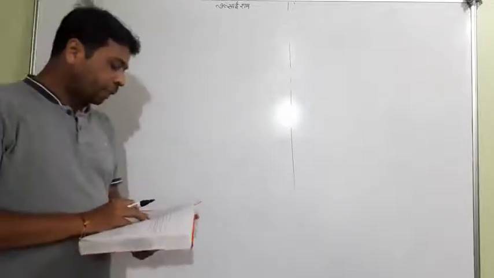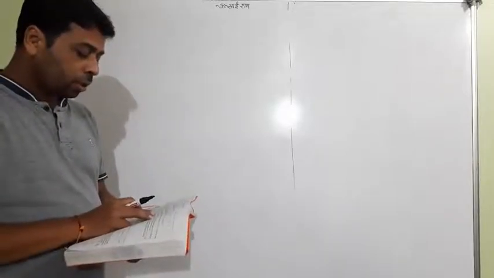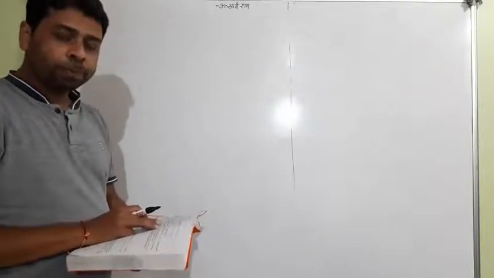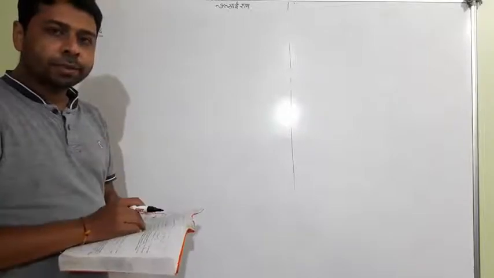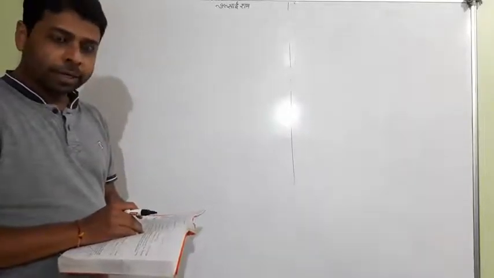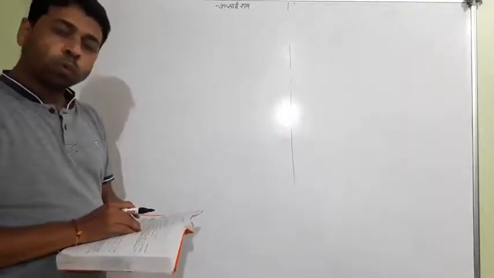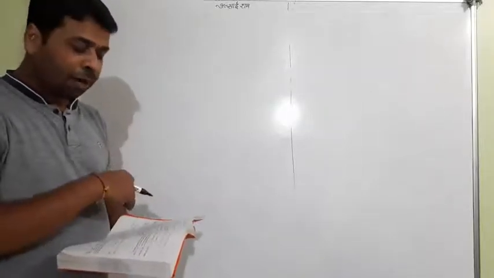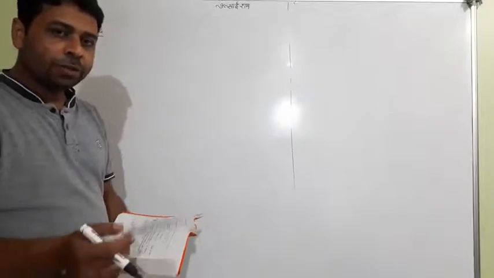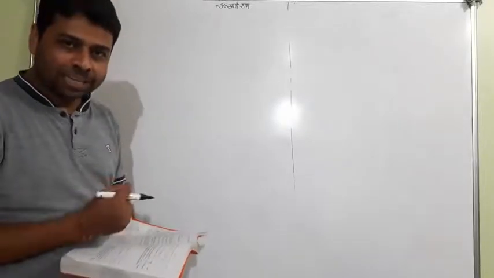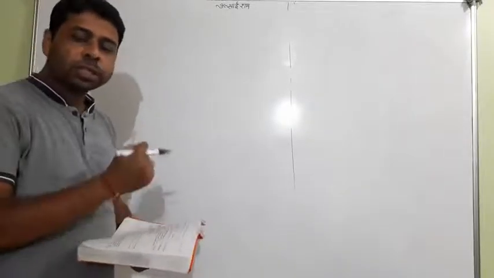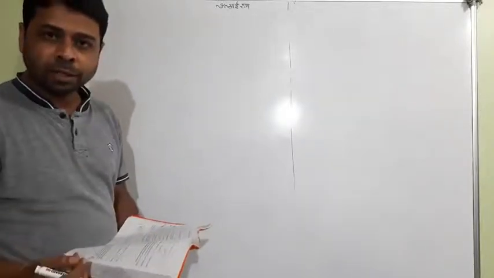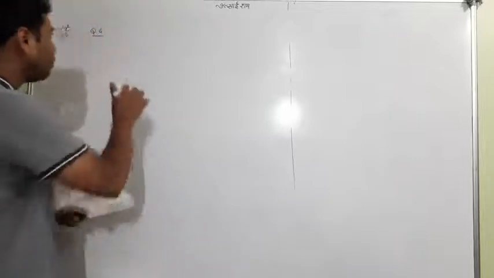The sum of the reciprocals of Rahman's age 3 years ago and 5 years from now is 1 by 3. Actually, a single person, Rahman, is given, and two ages are discussed: 3 years ago and 5 years hence. So definitely the present age will be considered x. Then, according to the present age, we will find the age 3 years ago and the age 5 years after, and follow the condition.